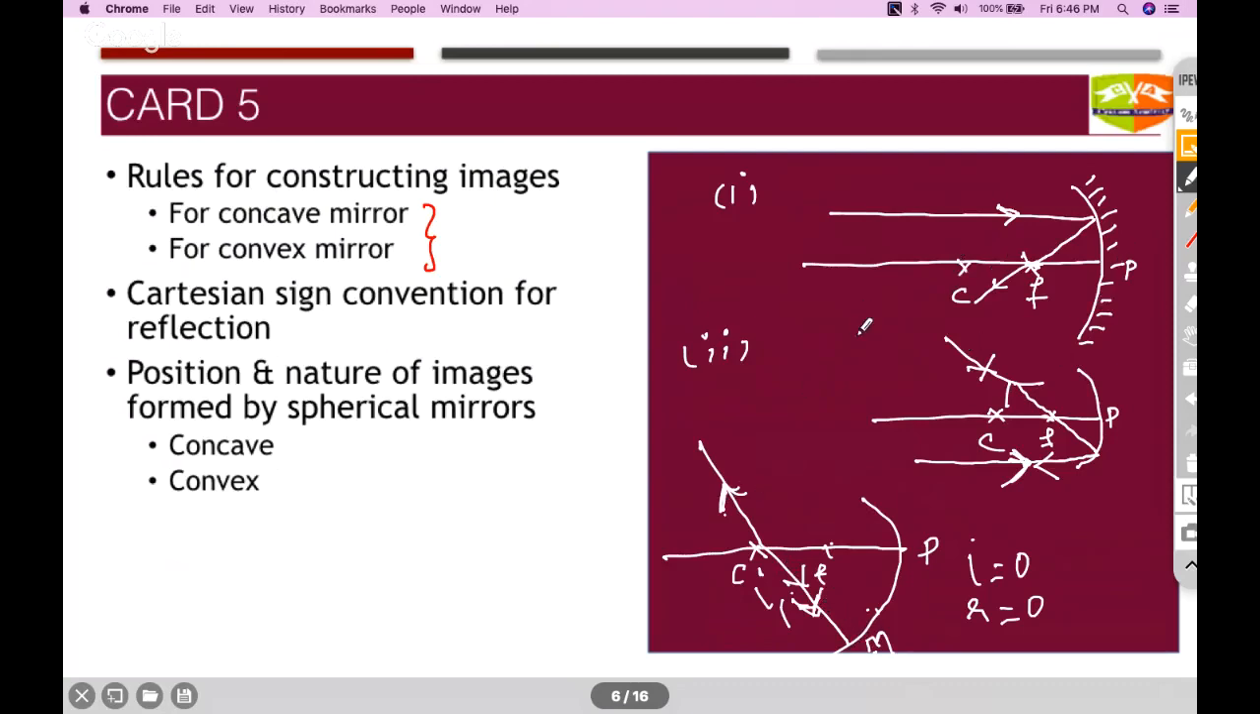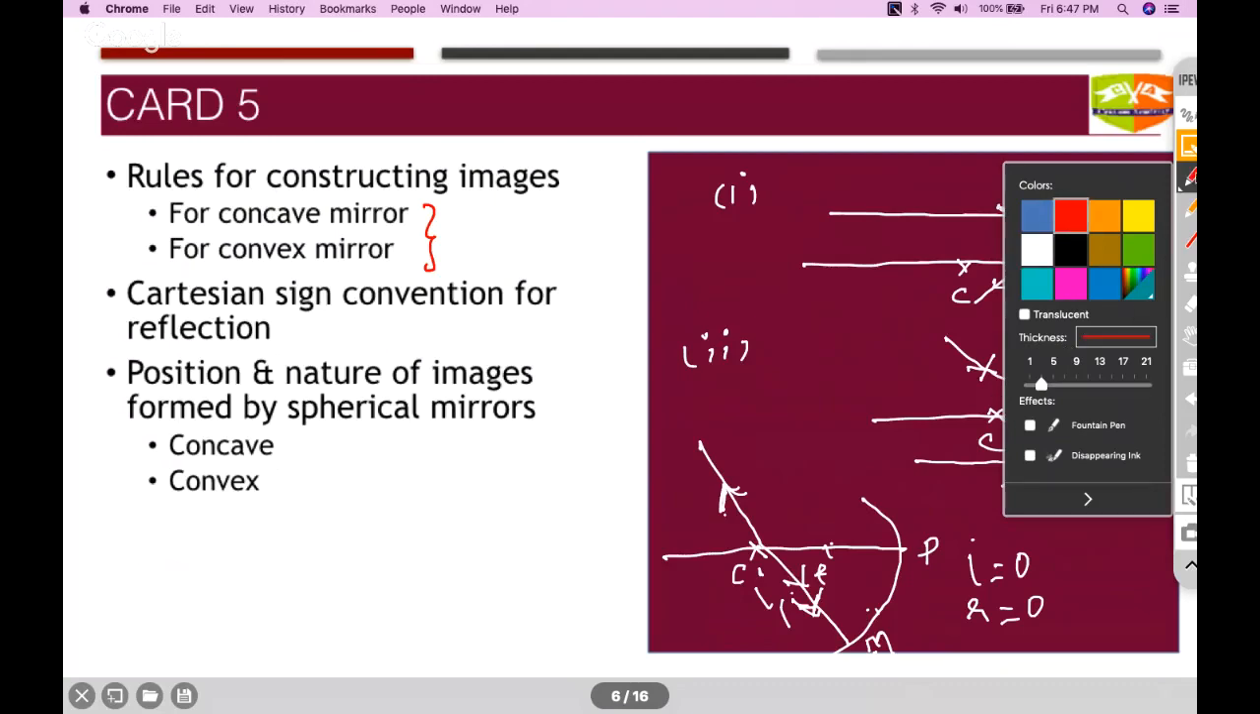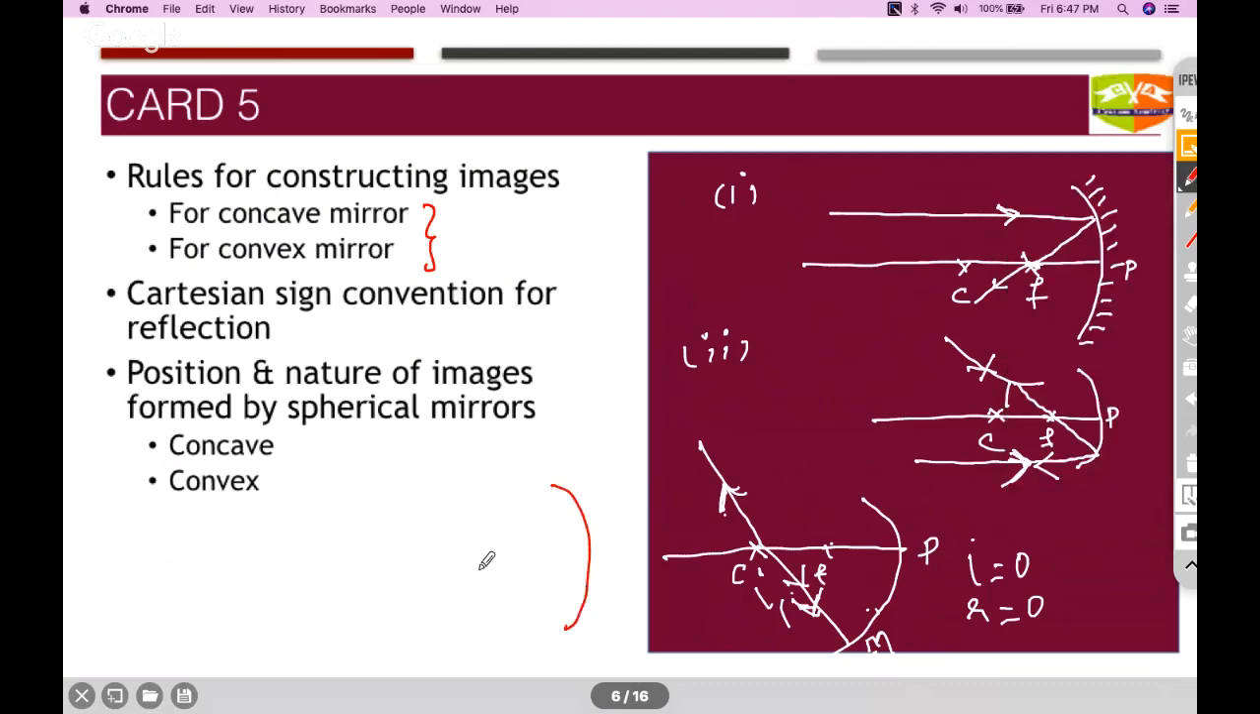Now, fourth one is that if I have any particular